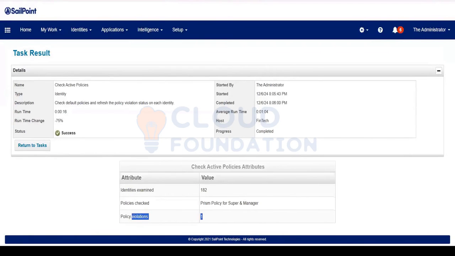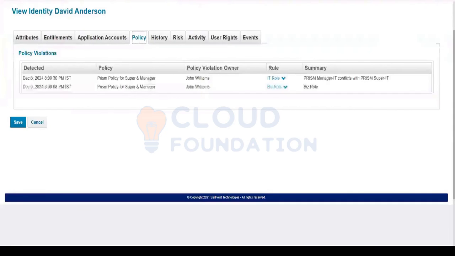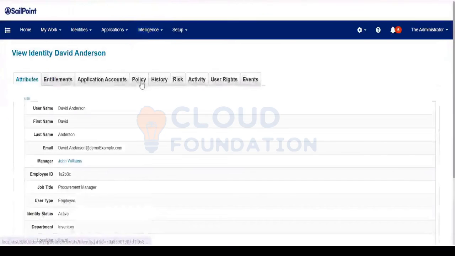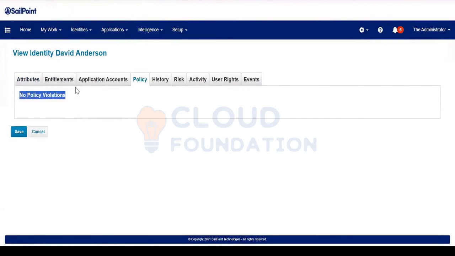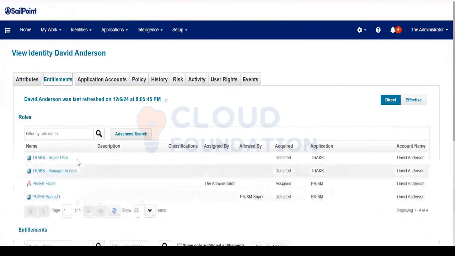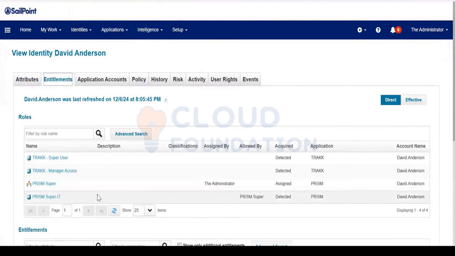Now only one violation is found, not for David analyst. Just go ahead and refresh. No policy violation, because the violation owner already took a decision. That's it, guys.